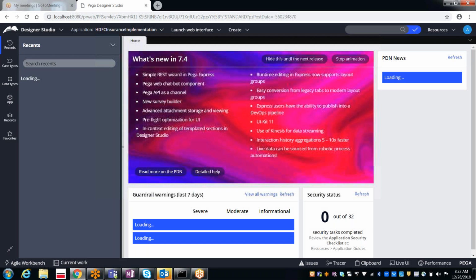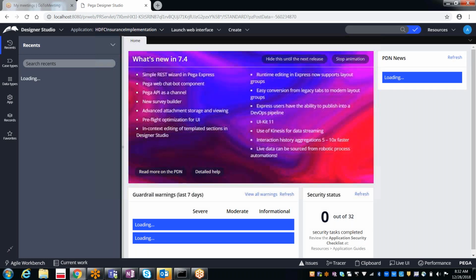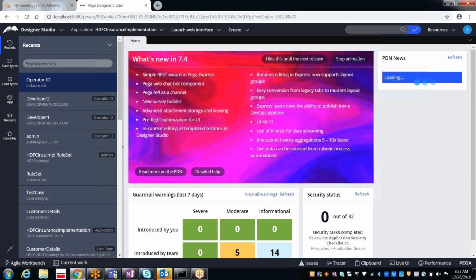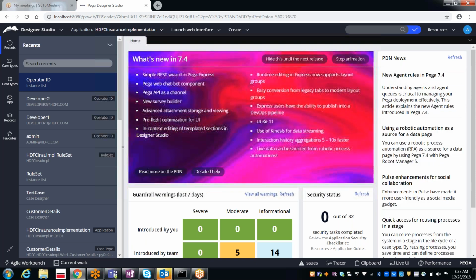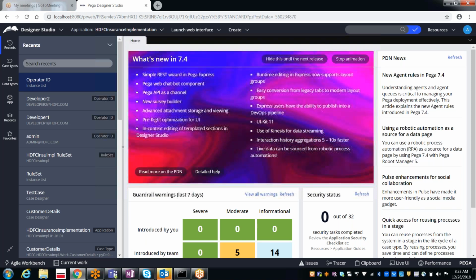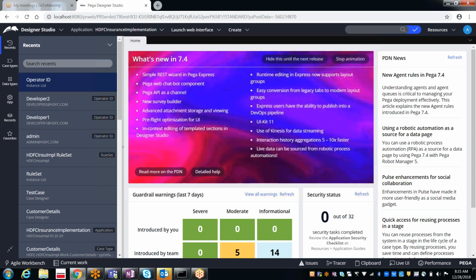Once you create the data page for assigning the values, you can use it in multiple places: in multiple activities, multiple sections, and in many other ways, even for populating the data into drop downs.